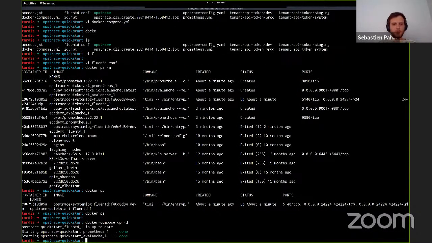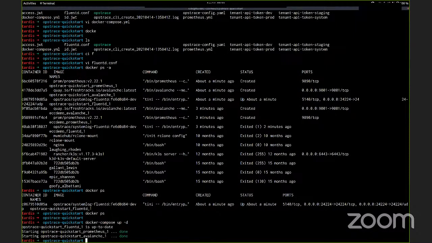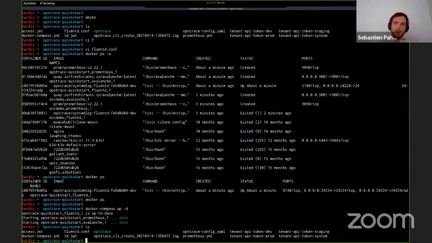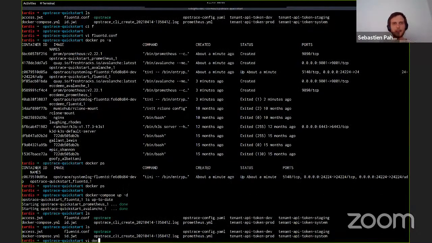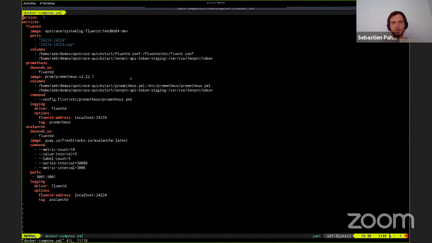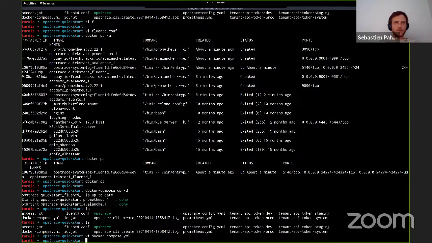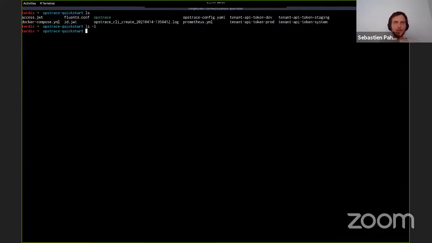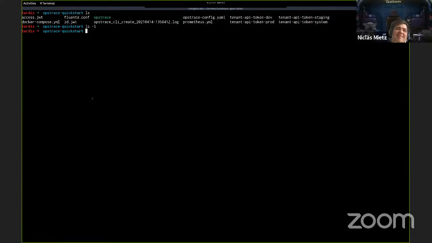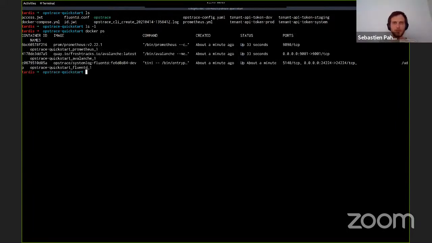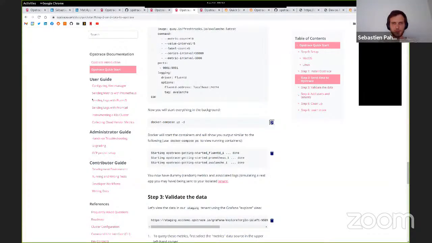So what the problem was is that I had created a directory called Opstrace Quickstart. Then I renamed it to ECC demo. Then I showed you how to create a new cluster in Opstrace Quickstart. But when I copy pasted everything out of the Quickstart, it still had basically my full path in here. So that was an RTFM problem. Yes, no problem. So everything's up and the containers are up, and they're sending data to this.